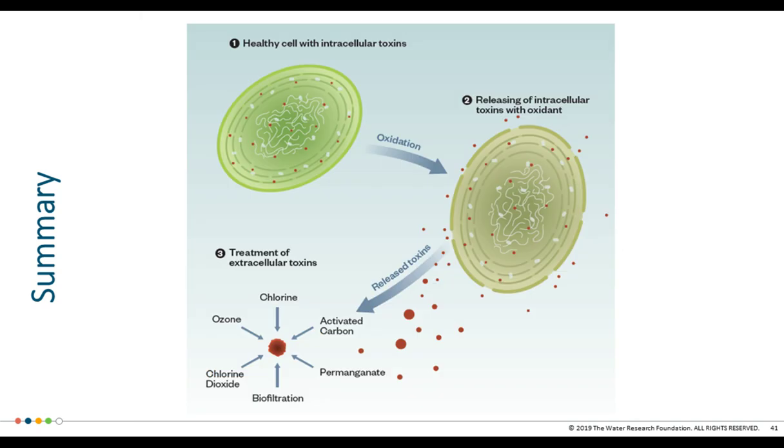And also, this is a schematic that will also be presented within the guidance document. What I like about this schematic is it exactly explains what I was talking about. First, we have the healthy cells. They have toxins inside them. Then we oxidize these cells. As we oxidize the cells, depending on the oxidant agent that we have, and depending on the state of the cells, so their health and their stage of growth, the cells will start to rupture and release some of